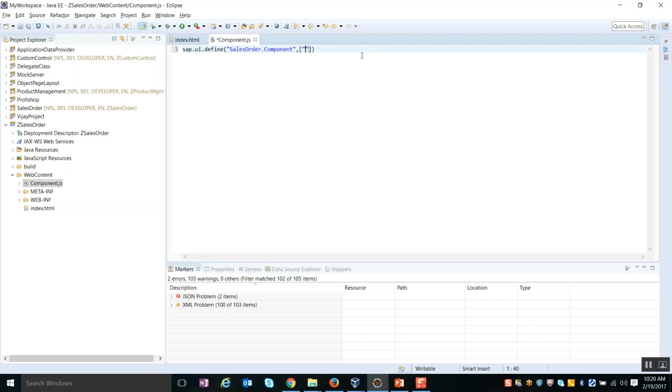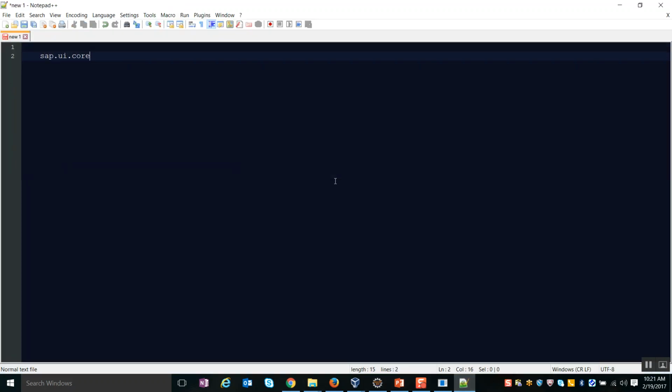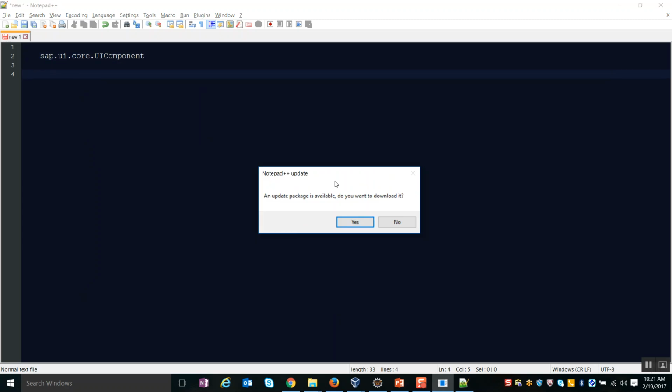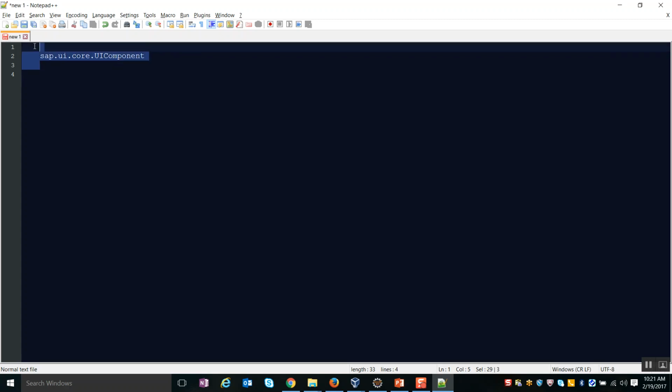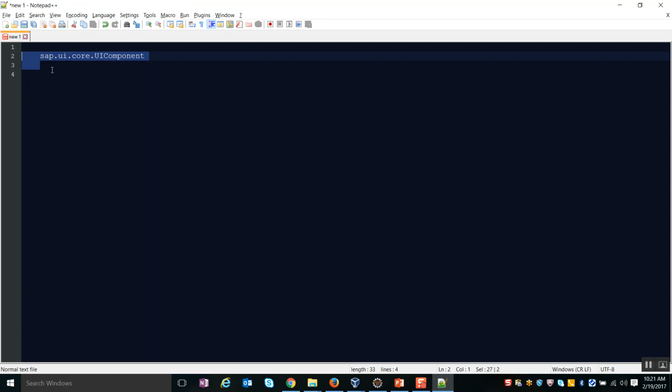In order to create this component, I need to create the instance of this component from the base class which is available. The base class available for creating the component is sap.ui.core.UIComponent. So this is the base class for the component from which I'm going to inherit, and I'm going to create my own component. So to do that, I'm going to load this resource. But when I load this resource, I need to give the package path and not the